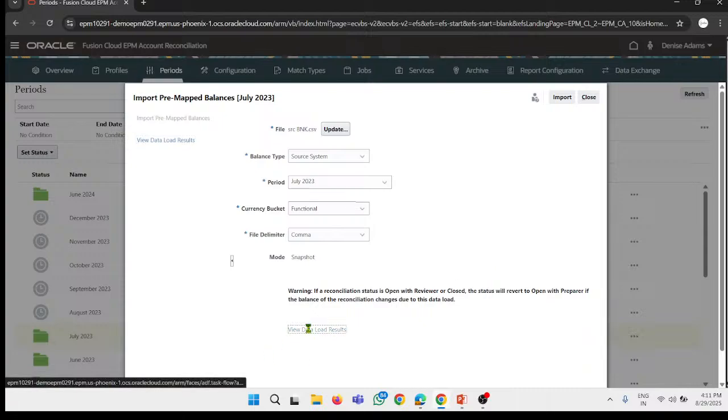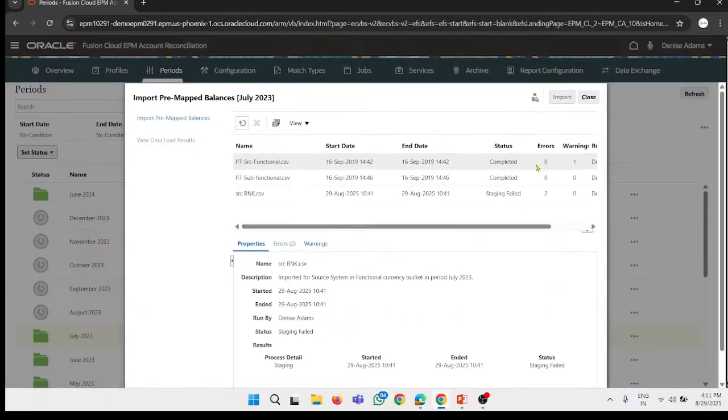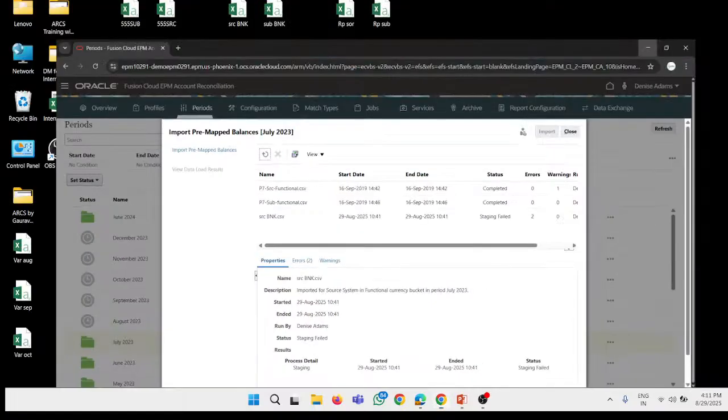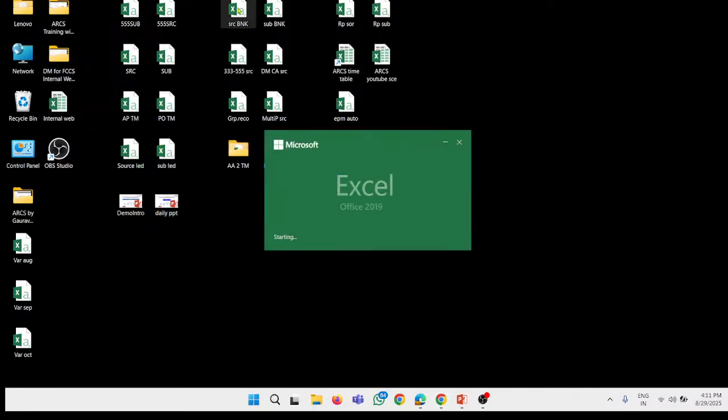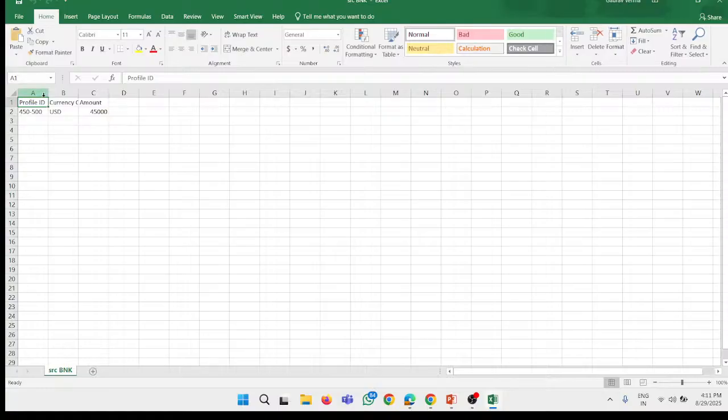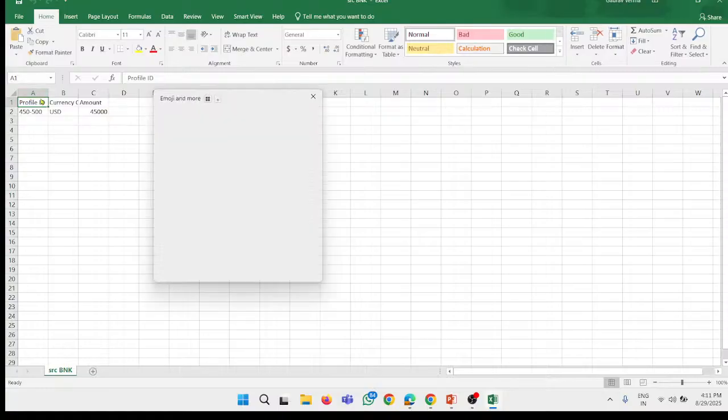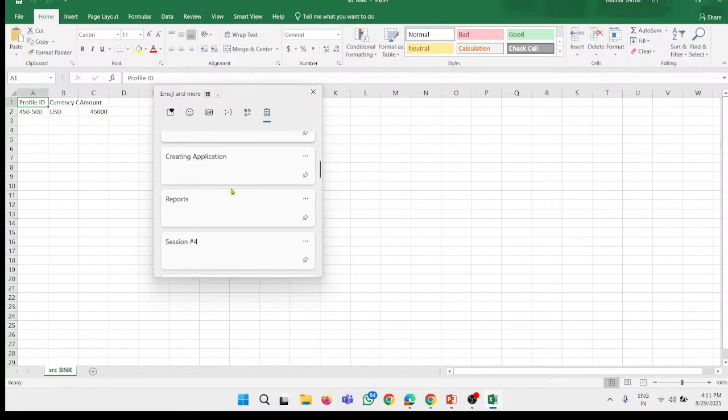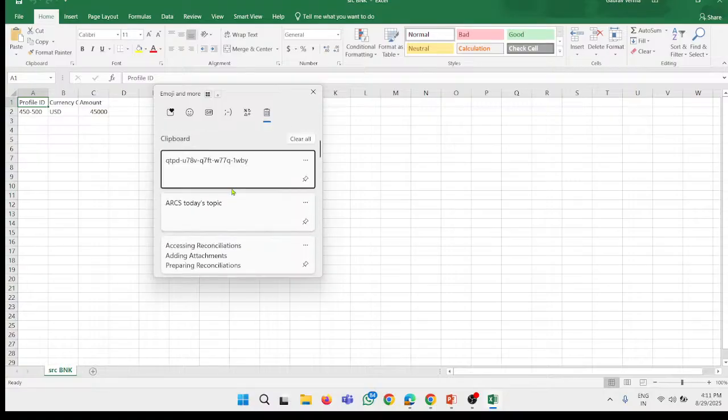And check for the status. The staging failed. Let's see why. I haven't changed the yesterday one. Okay, so just let me change. I think I made changes in yes. So I hope this profile,